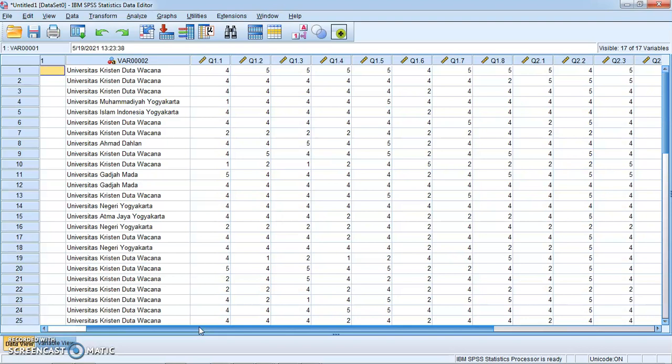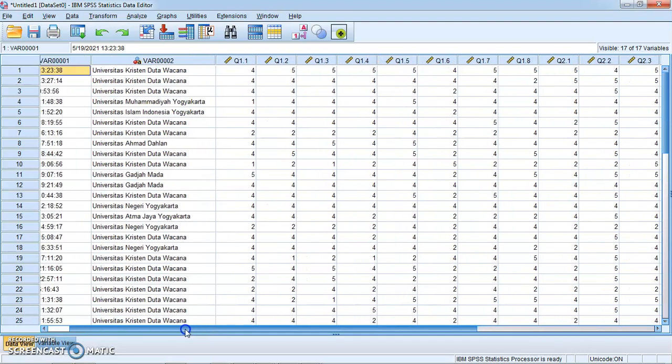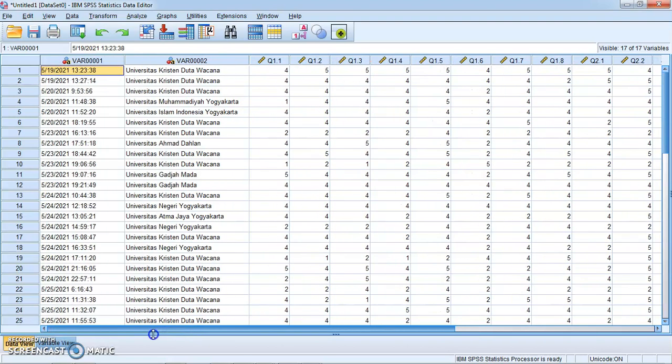And the purpose of this data is to find the correlation between students' learning motivation and students' engagement in the classroom. So let's find the data. First,